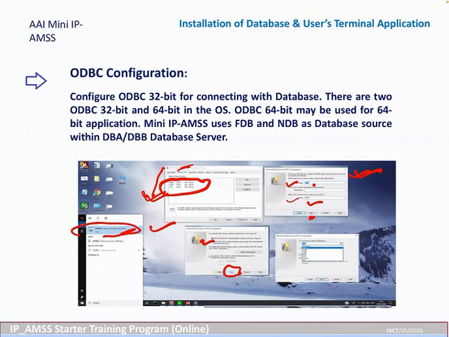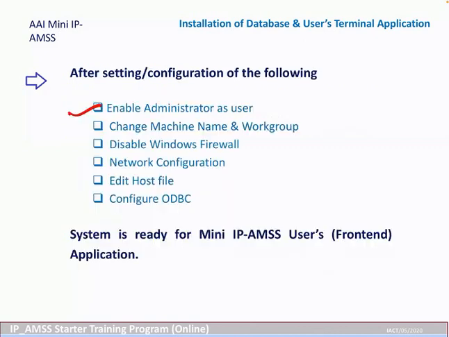So after ODBC, you can just check that you enabled administrator as user, then change machine name, workgroup, disable firewall, network configuration, edit host file, configure ODBC. Now it is ready to run the front end application for mini IPMSs. Even if Goa doesn't have a database, they need to configure ODBC to get access to the